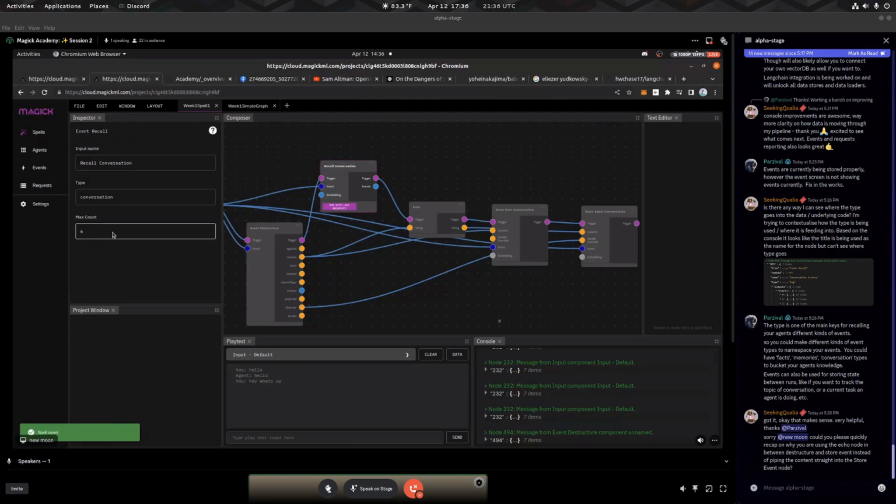And I can give a max count. So in a conversation back and forth, a max count of 6 means 3 conversation turns, right? Hey, what's up? Oh, not much. How are you doing? That's 1. Chilling. How about, blah, blah, blah. There's 2. And for short-term conversation, you probably want somewhere between 3 and 5 conversation turns